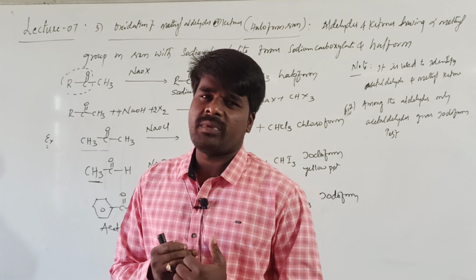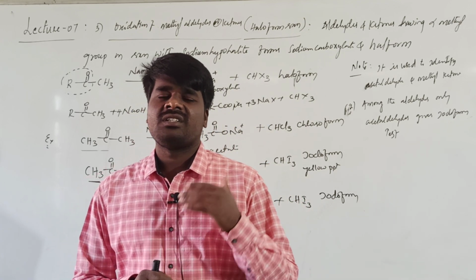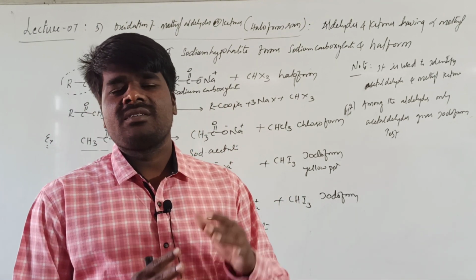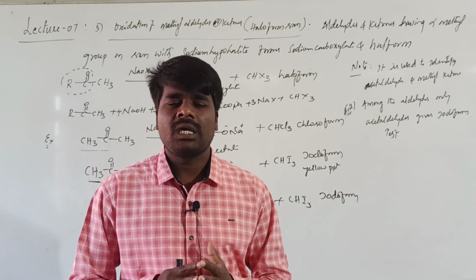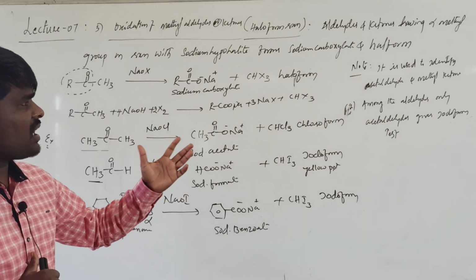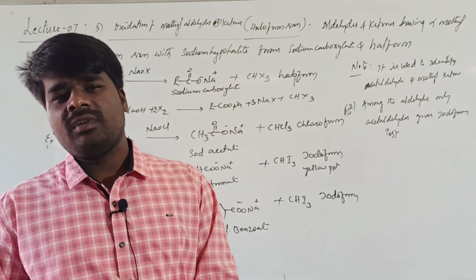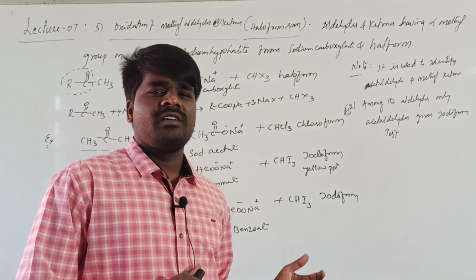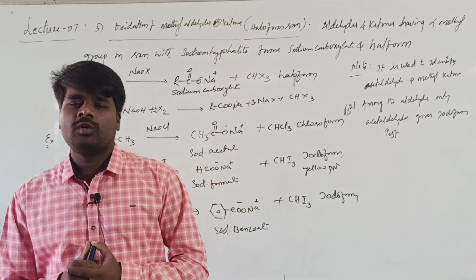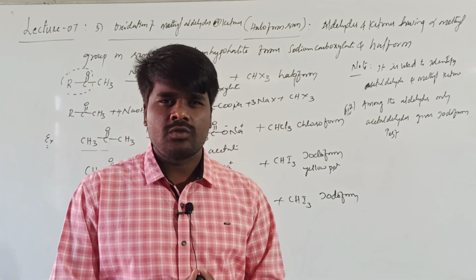But ketones can be oxidized by strong oxidizing agents such as potassium permanganate in basic medium, or potassium dichromate in acidic or basic medium, to the corresponding carboxylic acid with fewer carbons than the ketone. Especially the oxidation of methyl aldehydes and ketones is also called the haloform reaction. In this, aldehydes and ketones having an alpha methyl group, when treated with sodium hypohalite, are converted into the corresponding haloform along with the formation of sodium carboxylate. Okay. This completes the discussion of the reduction as well as the oxidation reactions of both aldehydes and ketones. I hope it is clear so far.